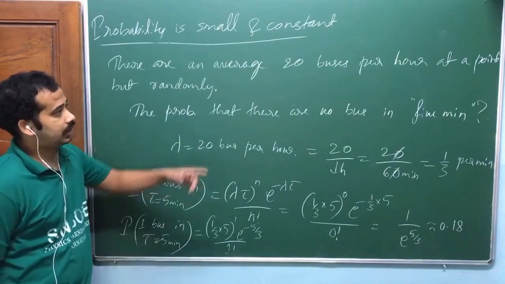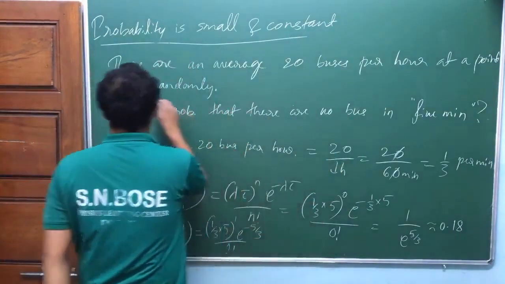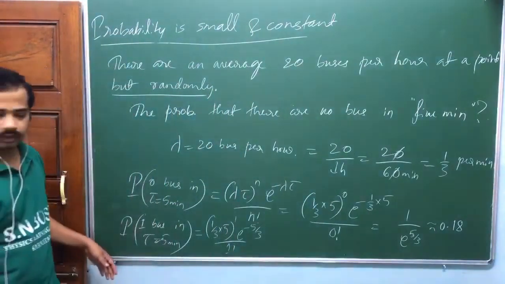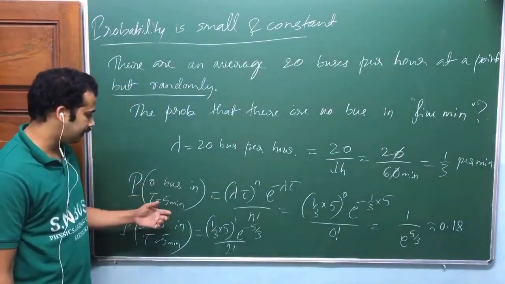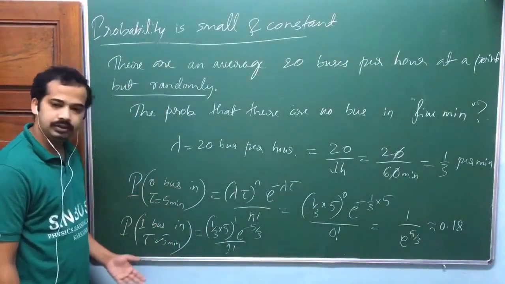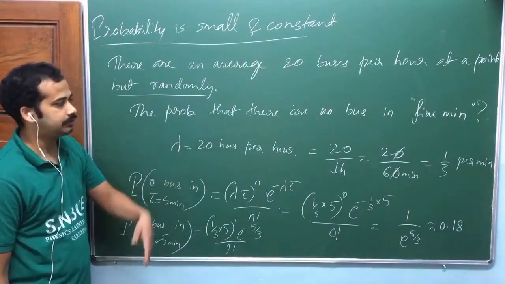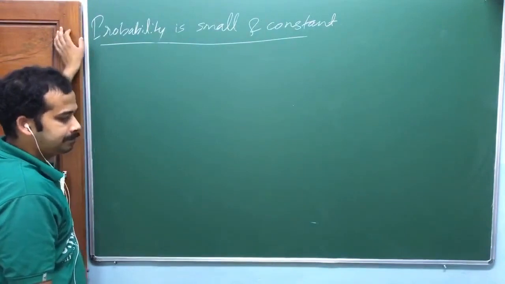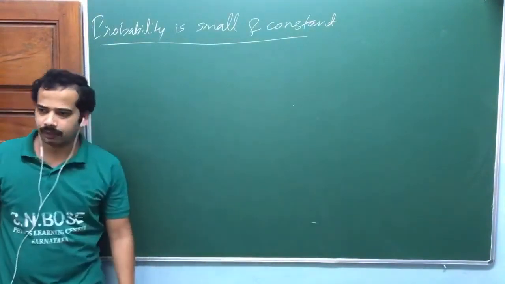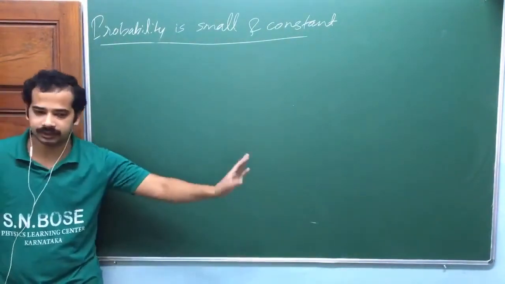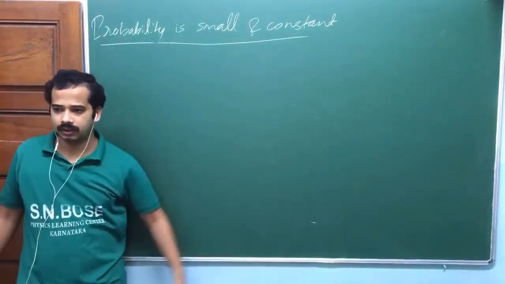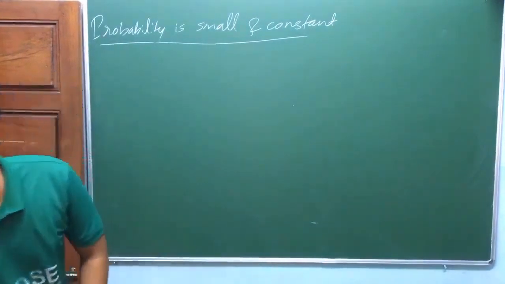Okay, sir. So this is randomness. Look at here, per hour at a point, he said randomly. Anything can happen. You can talk about the probability of 0 buses in 5 minutes, 1 bus in 5 minutes, 2 buses in 5 minutes, or 20 buses in 5 minutes, isn't it? Sir, it's better to say that it is used for time. Yeah, if it is given for a time interval, you can think that. And whenever there is randomness, 20 buses per hour randomly, like that. Now look at here.